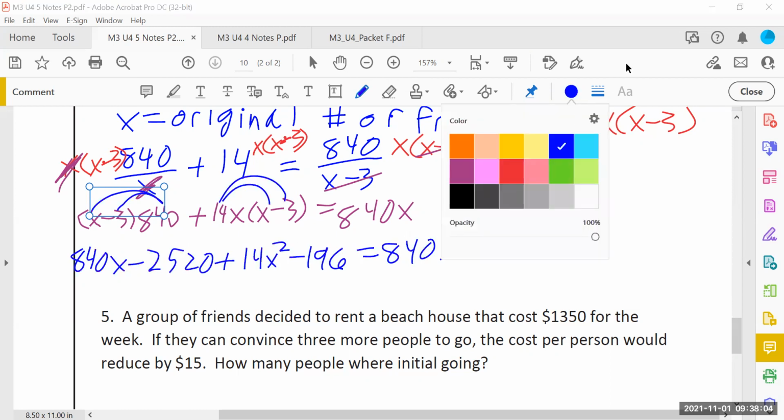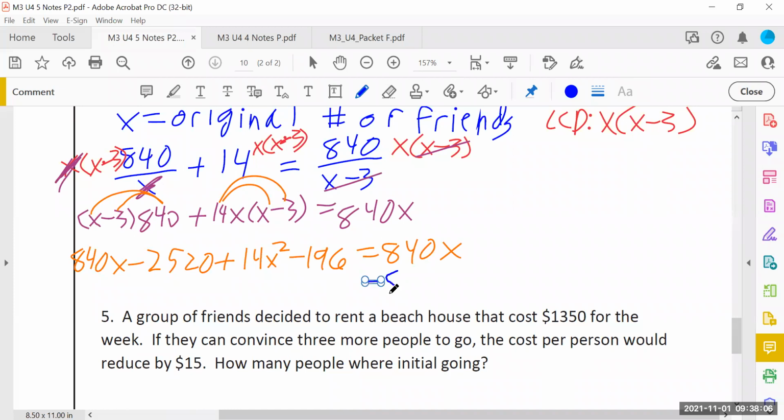Subtract that 840x from both sides. And again, just like on the last one, that actually cancels out. I end up with 0. So I'm left with